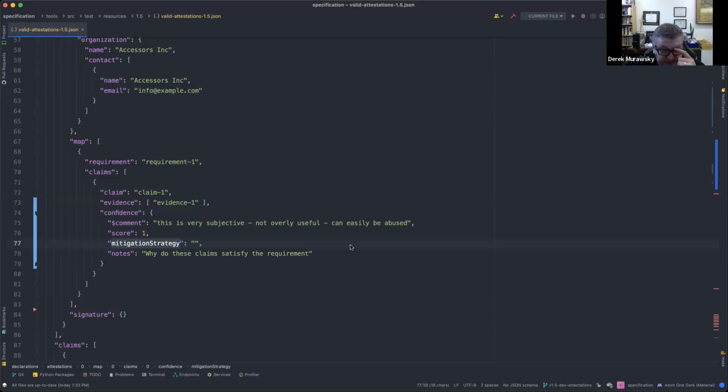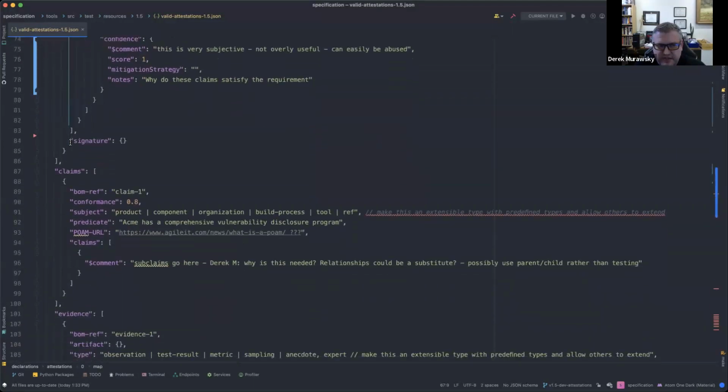The thing that might be useful, but I think evidence covers it, is a link out to where you talk about what that mitigation strategy is, or the implementation of that mitigation maybe. But could that just be another piece of evidence, like, hey, this is the mitigation strategy in Jira, or this is the ticket that's tracking that mitigation strategy?